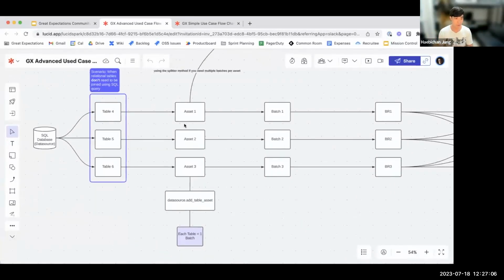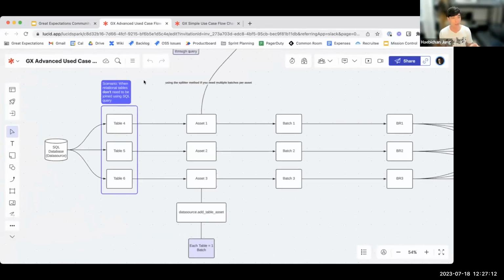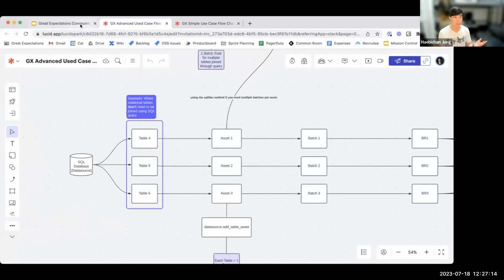And I'm not going to bore you guys with all the very small details of what's happening in this part of the flowchart. I'm happy to have that discussion offline if you want to reach out to me. I'm available in our community Slack. But again, this is what's making the difference.